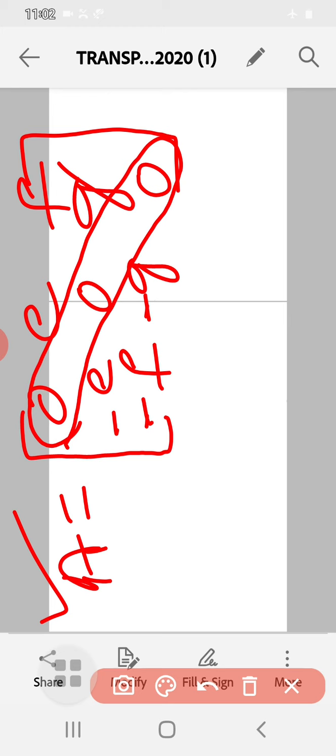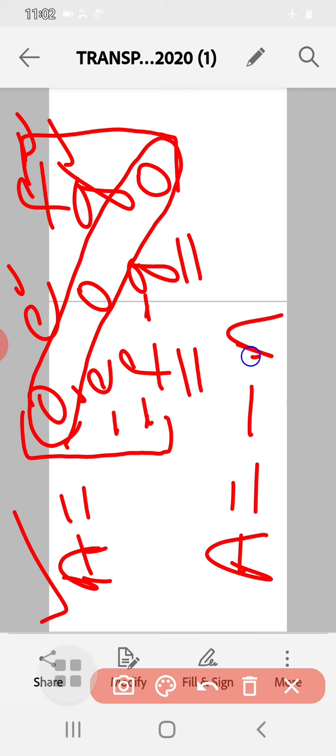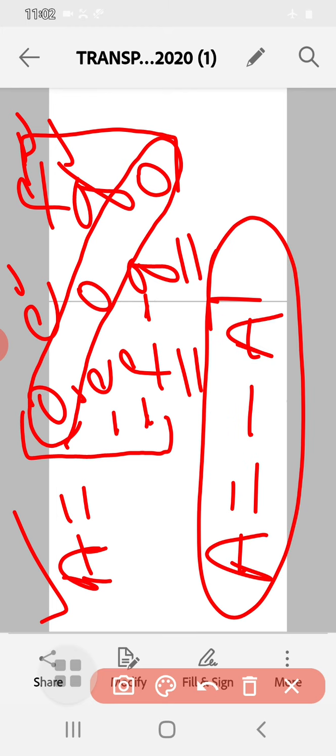You see, upper half and lower half: plus E, minus E, plus F, minus F, plus G, minus G. So it satisfies the condition A is equal to minus A dash. That's why this matrix is a skew symmetric matrix. Okay, so all the diagonal elements should be 0, and the other elements should be equal and opposite in sign, as you are observing on the screen. Therefore such matrices are called skew symmetric matrices. So this we can take as our next example.